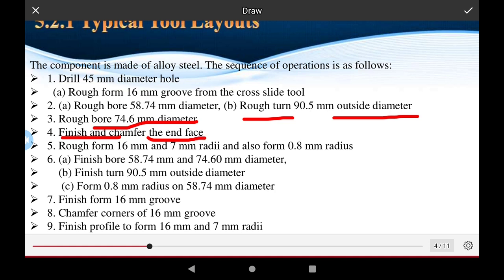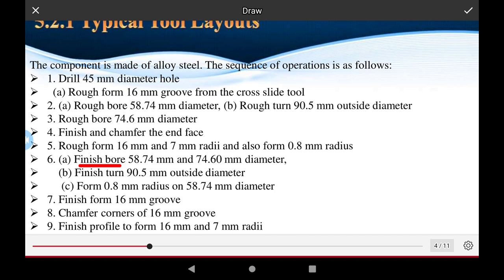Chamfer of the rough from the 16 and 7 radius, and also from the 0.8 radius. Okay, and 0.6 is also considered for all the other parameters for the standard 0.6 point finish bore of the current length. The finish bore is the